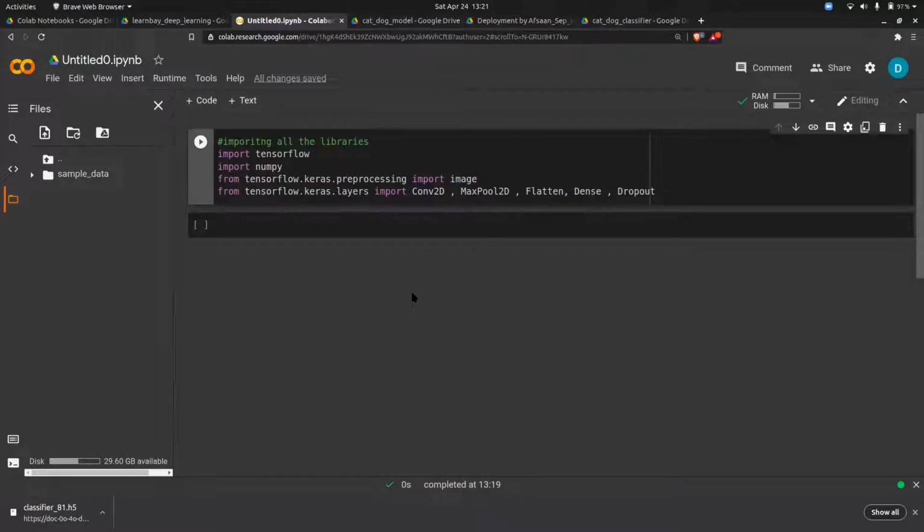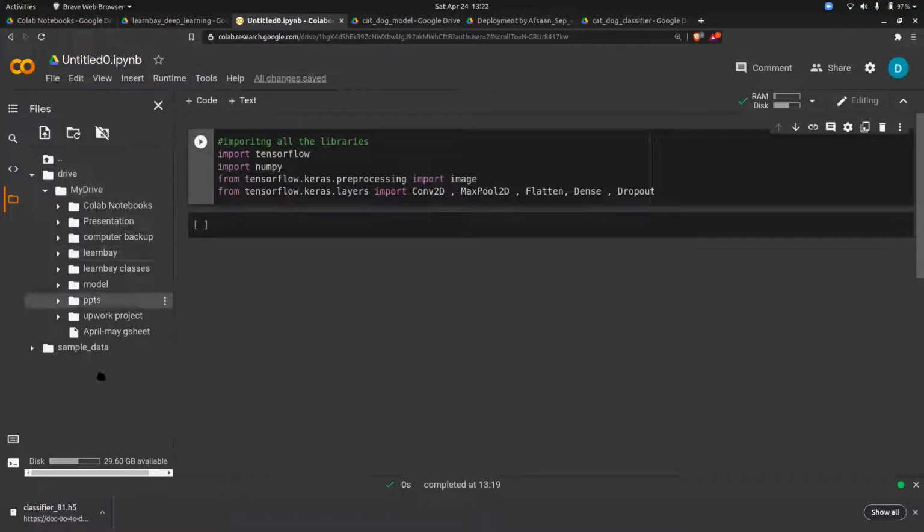So the first thing you have to do is, can you see this Mount Drive icon, everyone? The third icon. Yes, click on that and connect to Google Drive. As soon as you click on connect to Google Drive, it will give you a prompt. Let's see the prompt. Okay, so it has mounted Google Drive. See, you can see your drive now. Your drive is nothing but Google Drive. So when you expand My Drive, you can see all the files in your Google Drive. Are you able to see that?